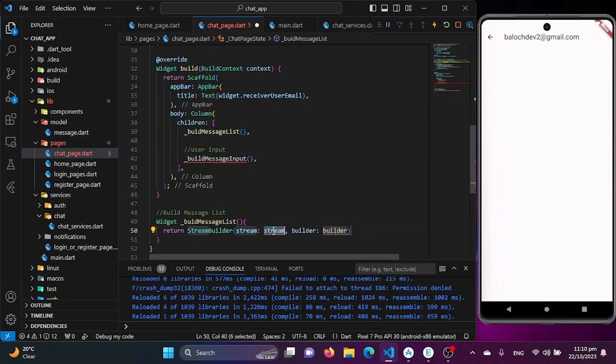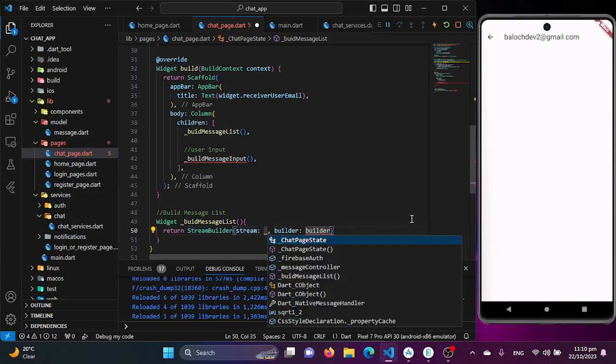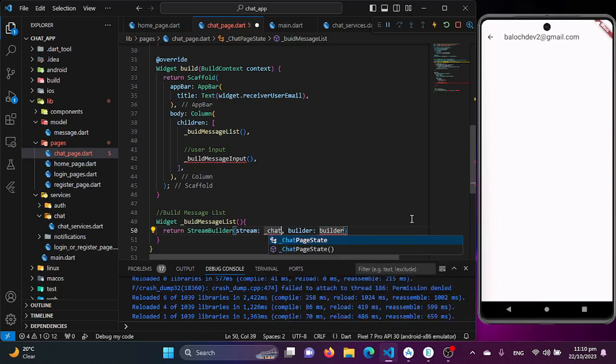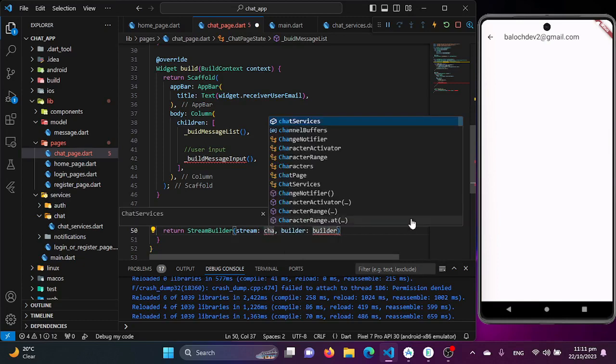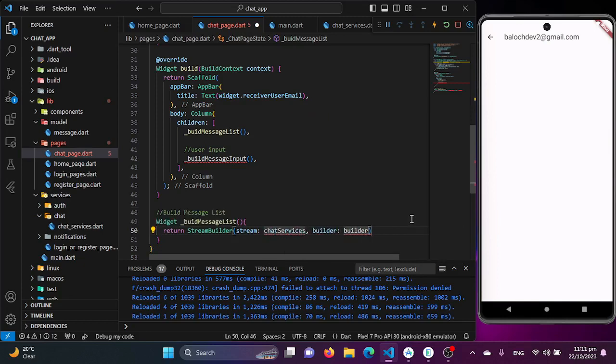And in the stream part I will be using my chat services instance to get the get messages function, which we have just created in our chat services. Basically this is chat services, and we will be getting the get messages,